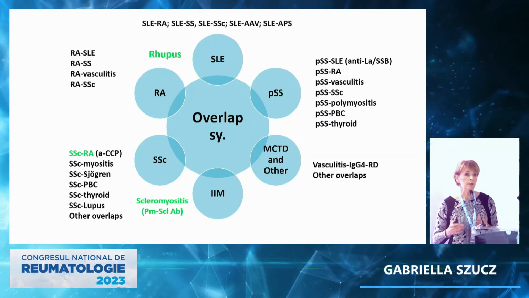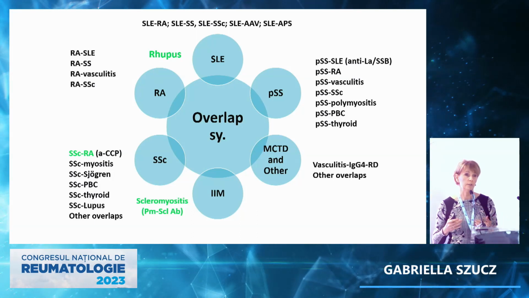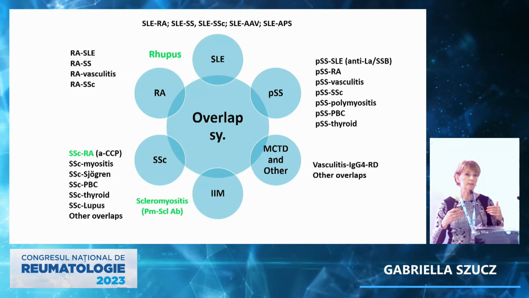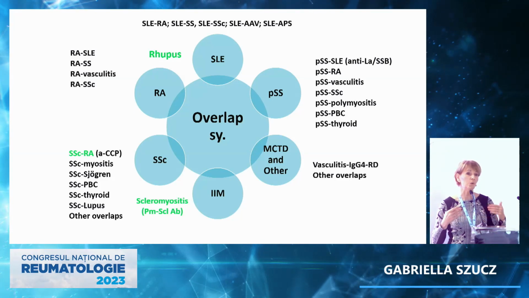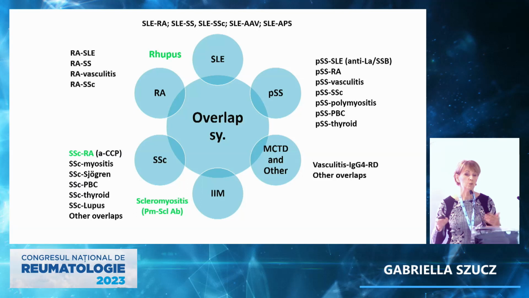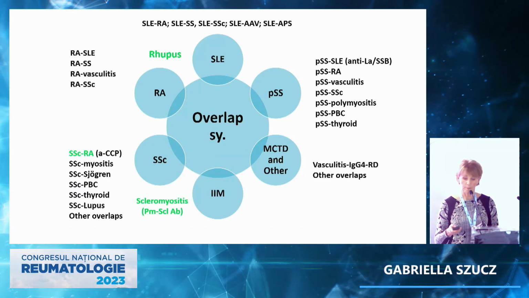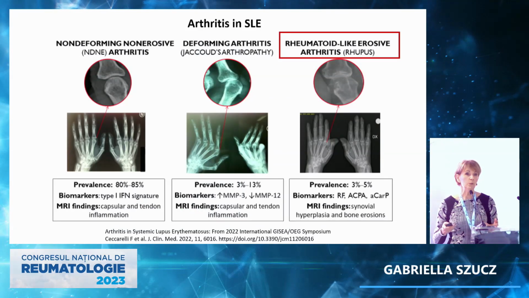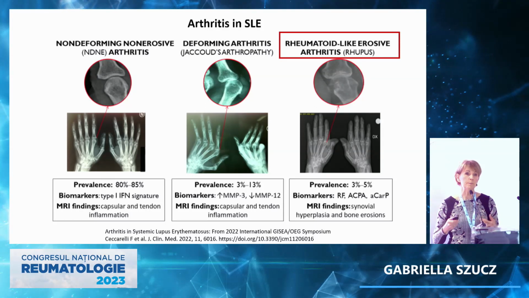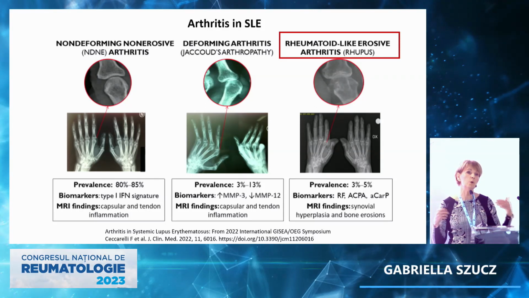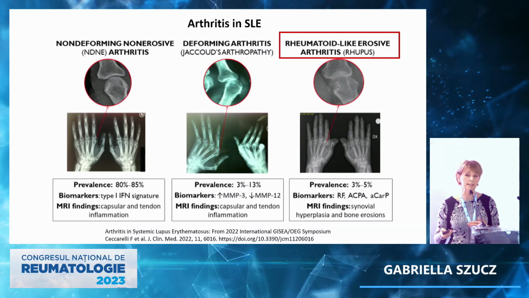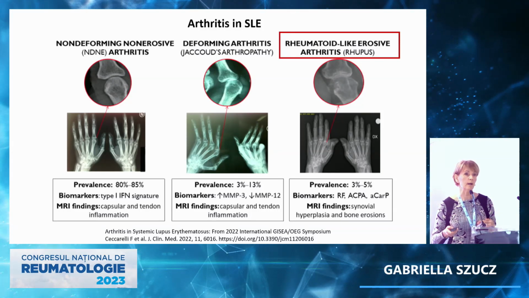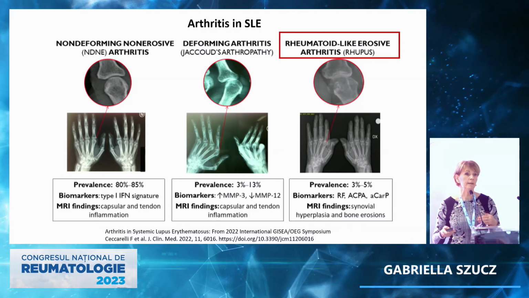And some of them are so frequent that they got their own designation, such as lupus or scleromyositis. We know that lupus patients sometimes overlap with rheumatoid arthritis, and erosive polyarthritis can occur,